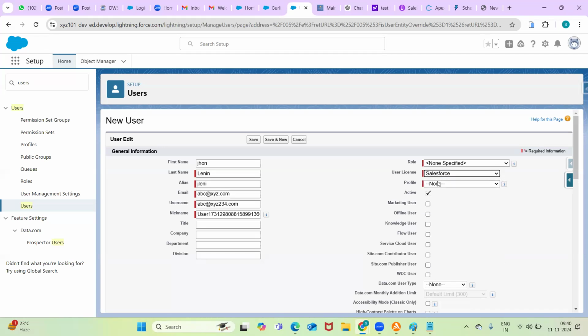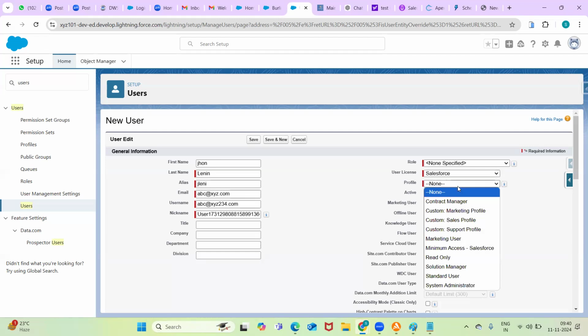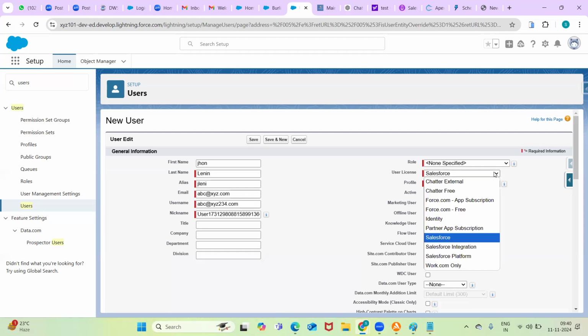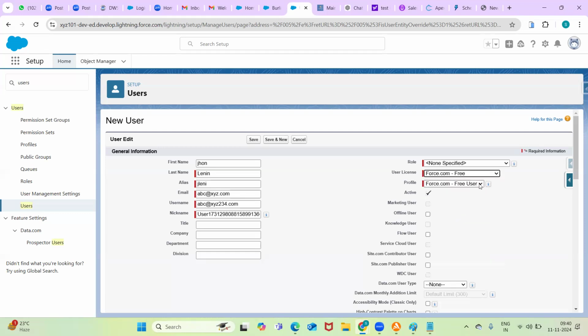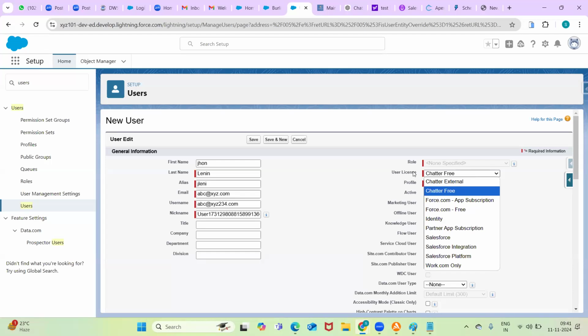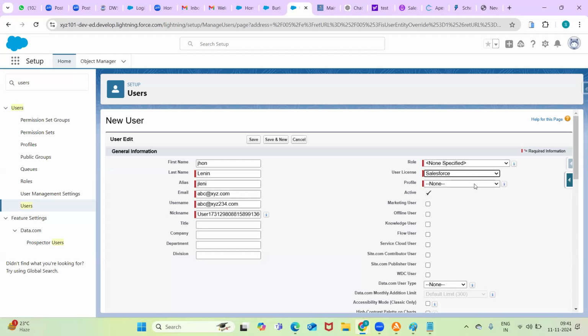And then profile is there. Based on the license only we are getting profiles. For this license, these many profiles we have. Coming to Force.com Free, how many profiles do we have? Only one profile. Similarly, I'm going with Chatter Free. Only two profiles are available. Based on the license, we are getting the profiles. Here Salesforce, and here